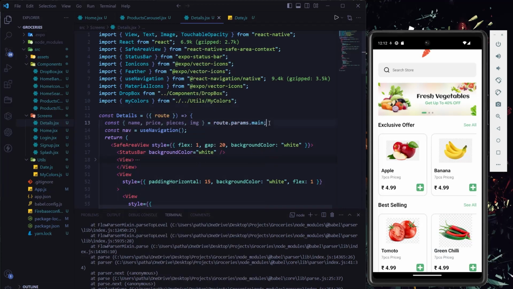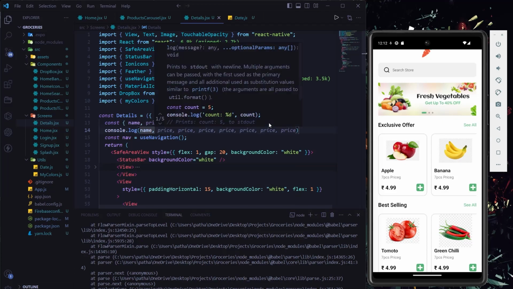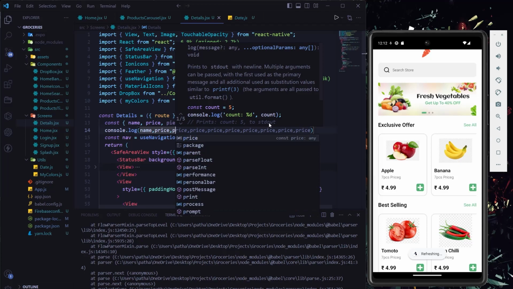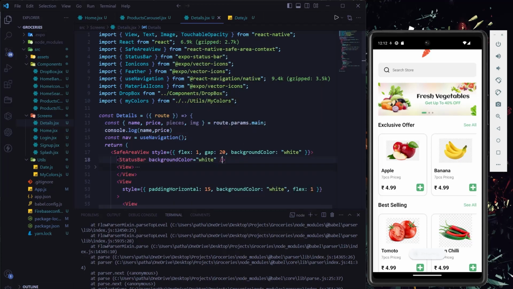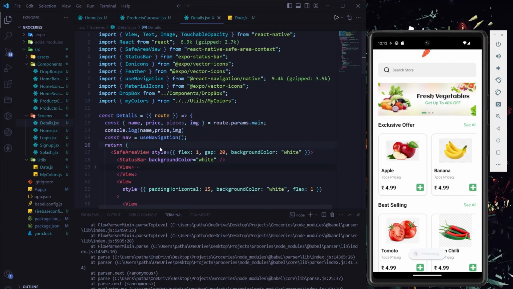And let's check we are getting the exact actual data or not. I'm going to console the name, price, and pieces. Okay, let's check with these if we get them. And one more thing, I'll check with image as well, like whether we are getting the actual network image address or not. That's it. Okay,